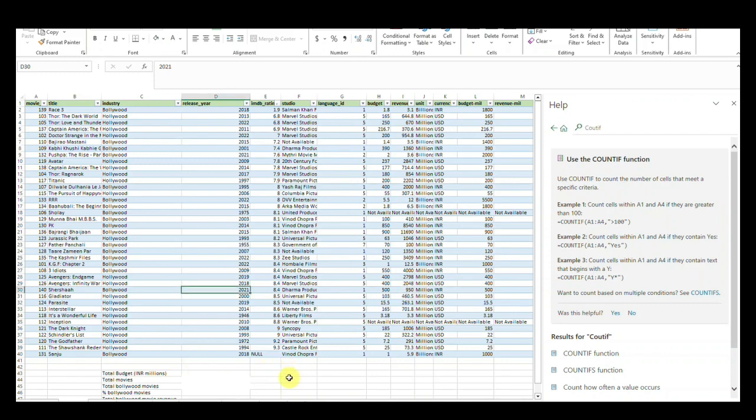Here we have a total movies data set. Here are some movies, Bollywood and Hollywood. So we have a movie ID, industries and title. So we need to know how many movies are in the data set. So we can put equal